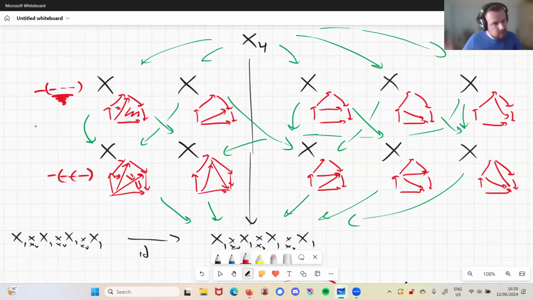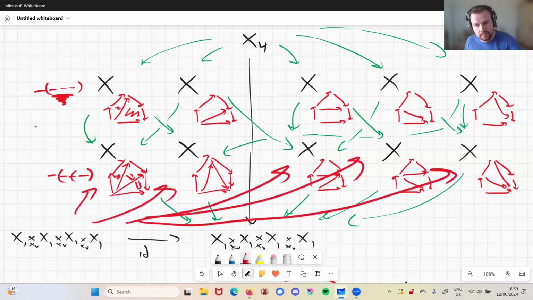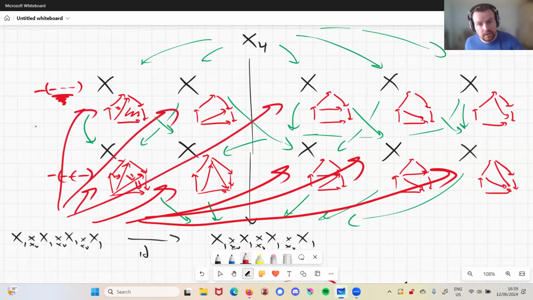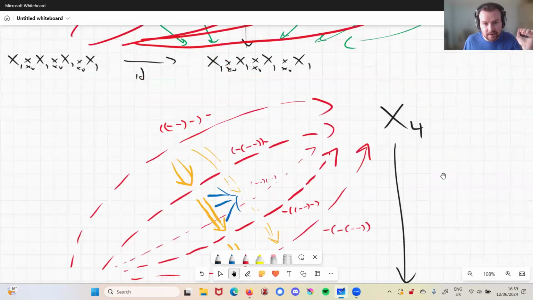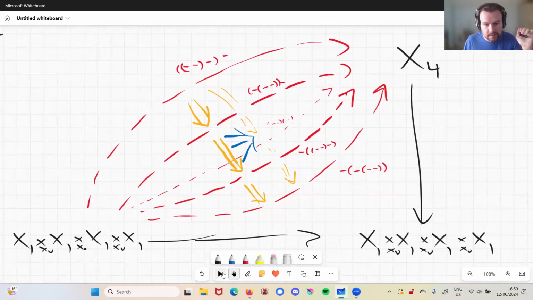So if we look at this whole diagram, we will have God-given solutions to all of these lifting problems given by composing our composition operations from before. Our associators will also give us God-given solutions. Well, yeah, we get solutions that can map all the way up there. We can lift everything up to X4 as we did before. And what we're going to get in the end is this diagram. What's going on here? Well, we could lift all of our God-given solutions to the bottom level lifting problems all the way up to X4.